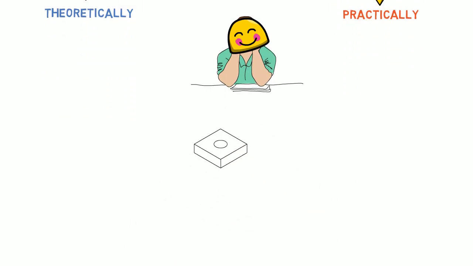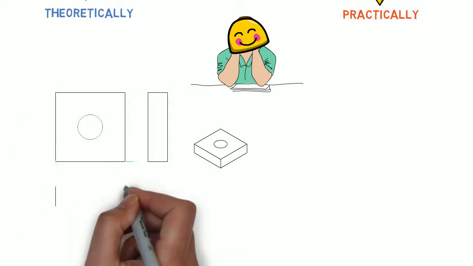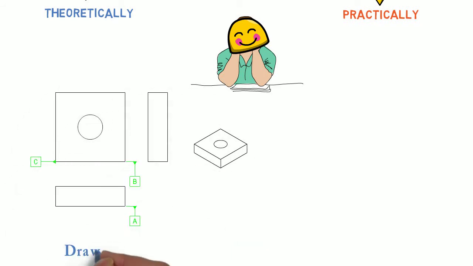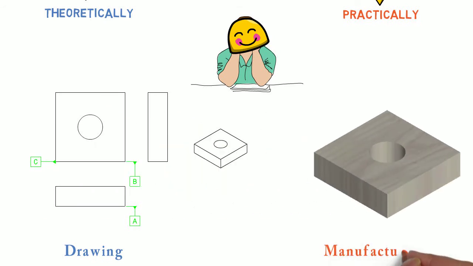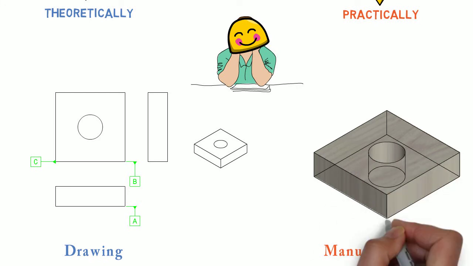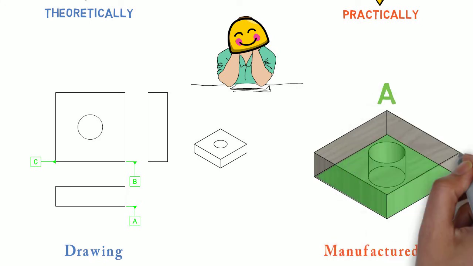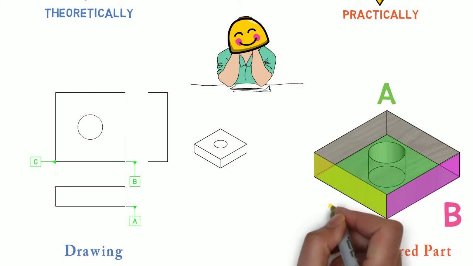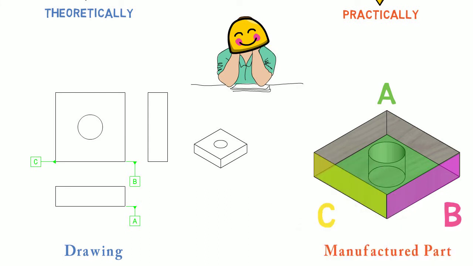Consider a wooden block like this. We will plot its view. Here it's datum A, B and C. And when the part is actually produced, it will look something like this. We will draw its wireframe. So here it's datum feature A, datum feature B and datum feature C. So I think now the difference between datum and datum feature is clear to you. Datum is on the drawing only theoretically, while datum feature is there practically.